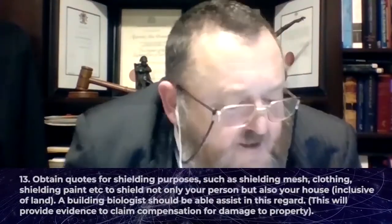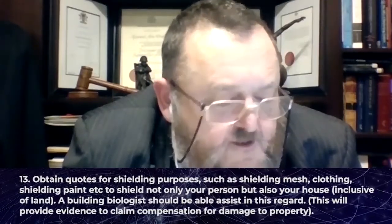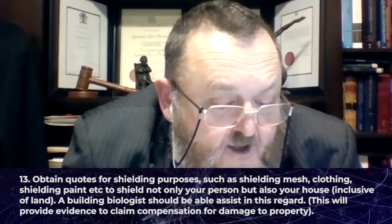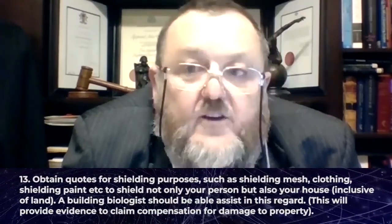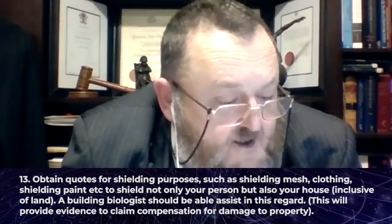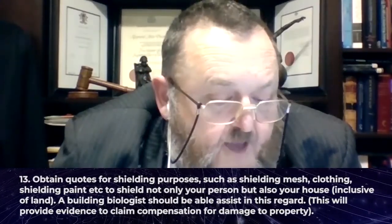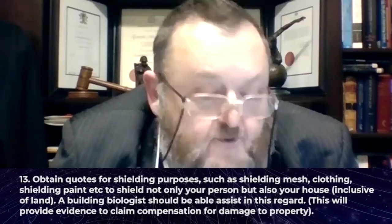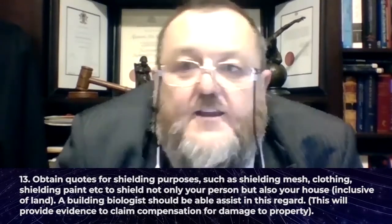Number 13, this is an interesting one, is obtain quotes for shielding purposes, such as shielding mesh, clothing, shielding paint, etc., to shield not only your home, but also your house, inclusive of land. Now, a building biologist should be able to assist in this regard also, and this will provide evidence to claim compensation for damage to property, because how it works is if your home is being radiated,